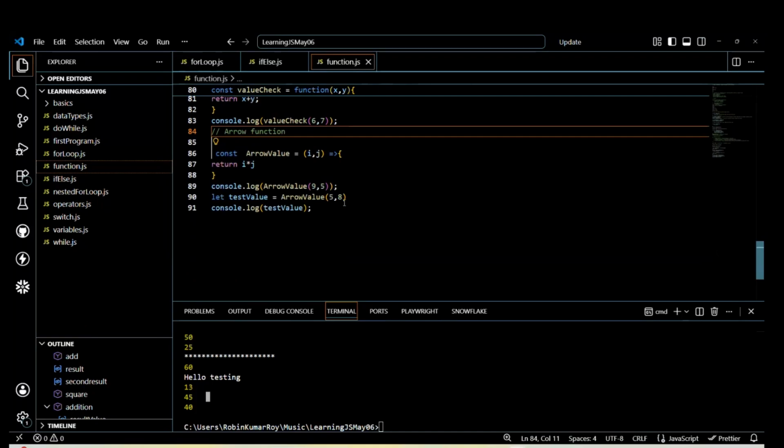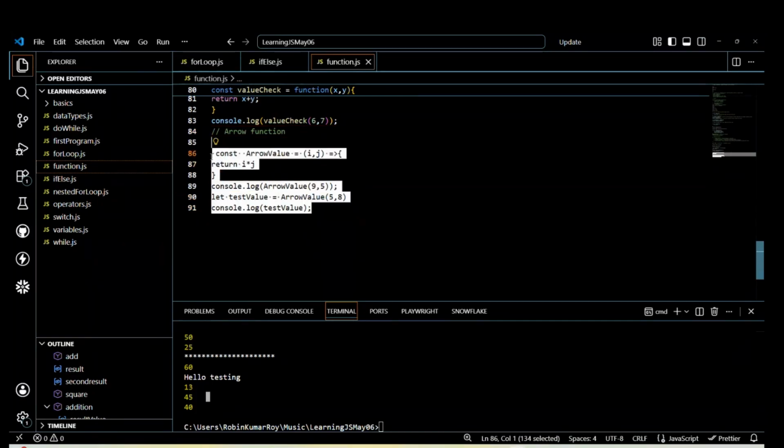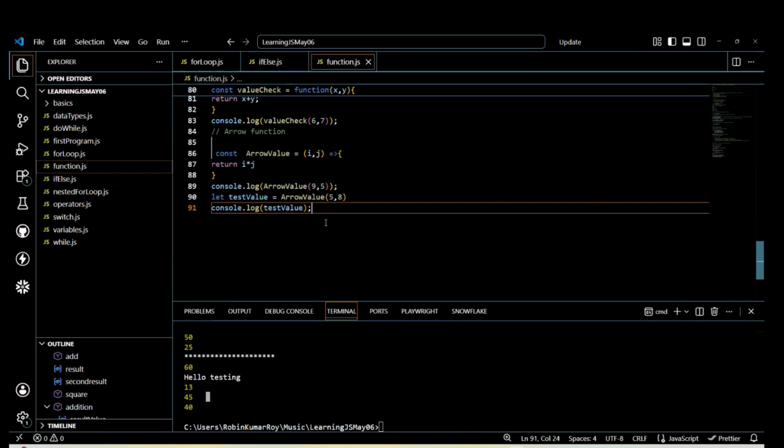And the same value we are checking here. What is the actual use of this? Probably you'll not understand now. For now, just understand that there is a syntax. This is the syntax of the function, and this is how the function is used. This is how the function is getting executed. But once we start the Playwright concept, you will be able to understand how the function is actually getting used inside Playwright. And not only that, whenever you start the framework inside Playwright, we have some time for that. So inside the framework,